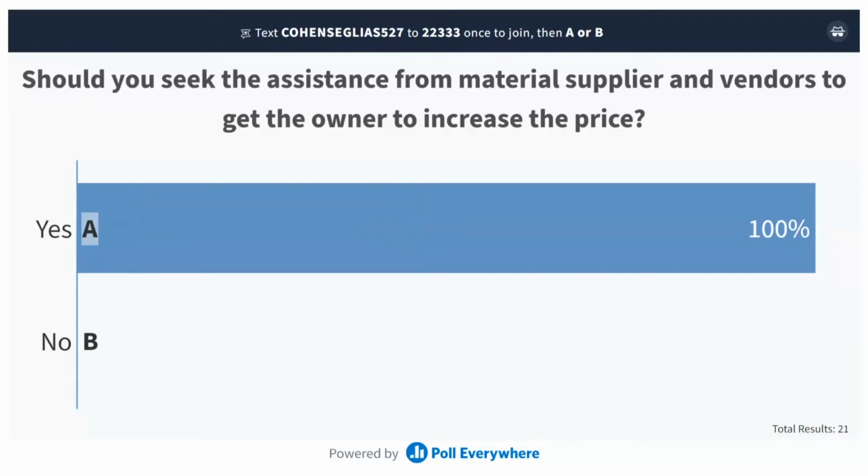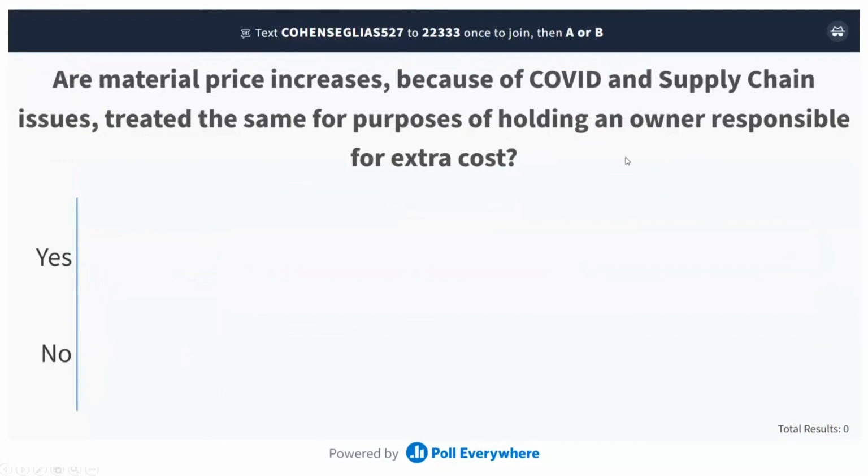By the way, a material supplier or vendor might know of more projects than even we've suggested that we know about. It's another source to say, hey, the guy down the street just gave a material price increase because of this very issue. It gives you transparency because it allows you to show them that you're not making up for a failed bid. These are the prices that are really going to be charged to you. So I think it's a great idea to include them in your negotiation.